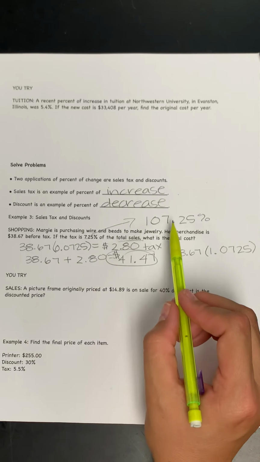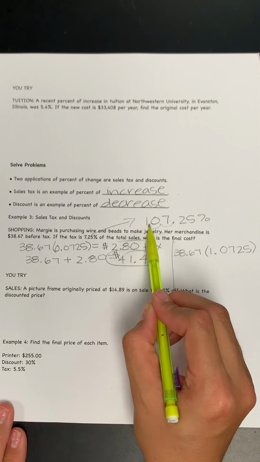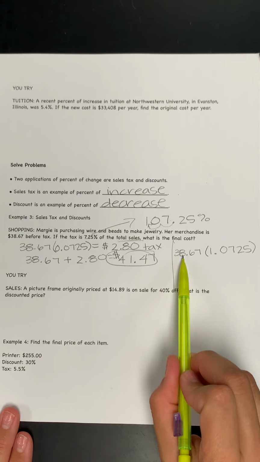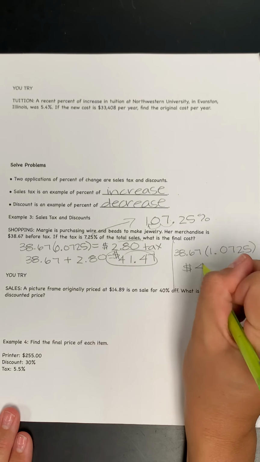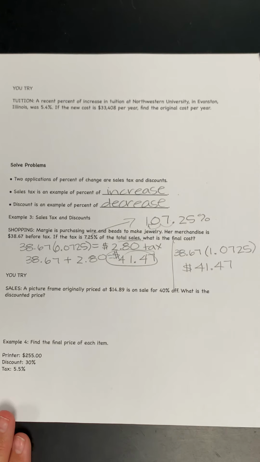7.25%. And because we would change it into a decimal, we move it 2 places to the left. So now when you multiply these two numbers together, you end up getting the same amount, but just in one less step. Okay, the next one,